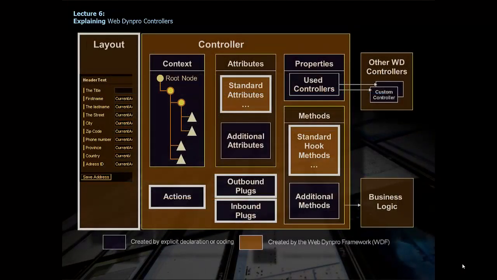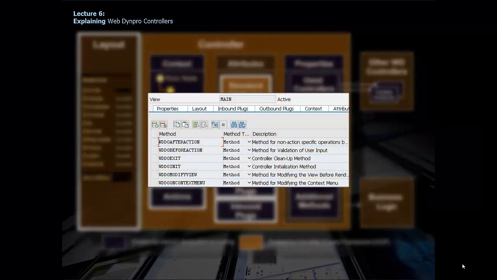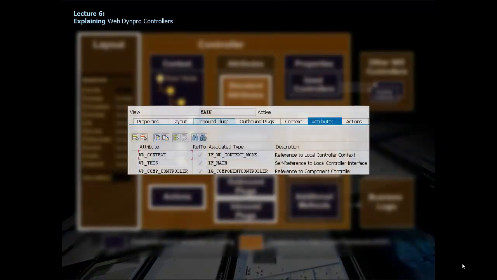View controllers therefore include special hook methods, which are wd_do_before_action, wd_do_after_action, wd_do_modify_view, and wd_do_on_context_menu. In addition to the standard attributes that exist in all controllers like wd_this and wd_context,